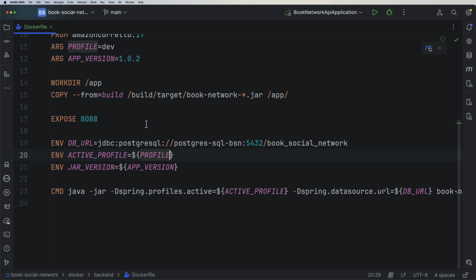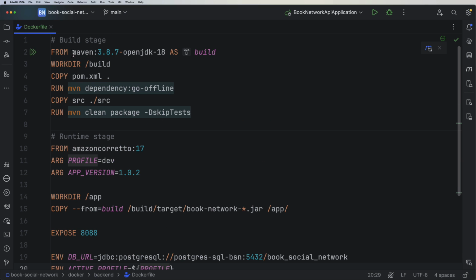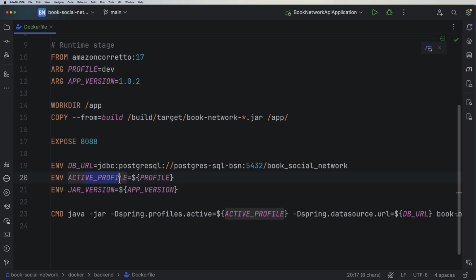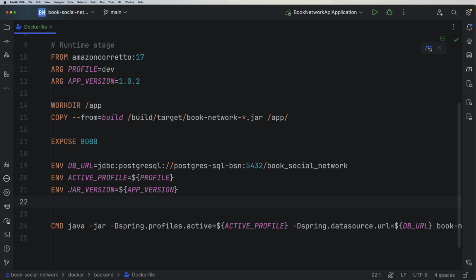So here we have this configuration, right? You remember this one, and this one is working fine. Now we have our active profile and Java version, which is also okay. But now we need to provide something else. As we mentioned before, and also saw in the secrets, we need to provide the host name, username, and password. So I will create environment variables for that, and I will call the first one email host name, and then equal. I will just say, for example, missing host name,